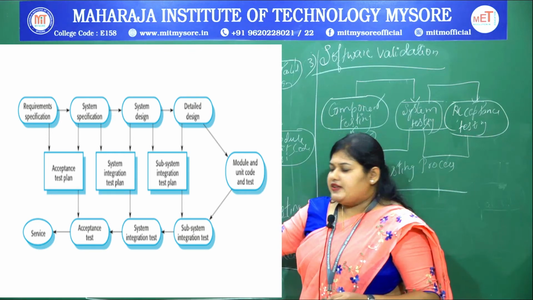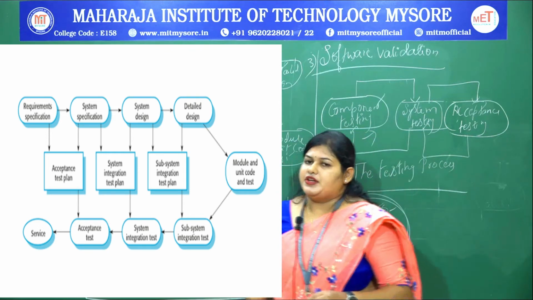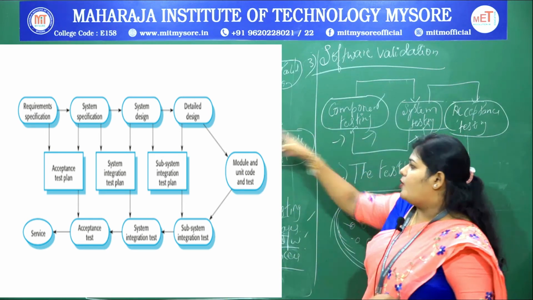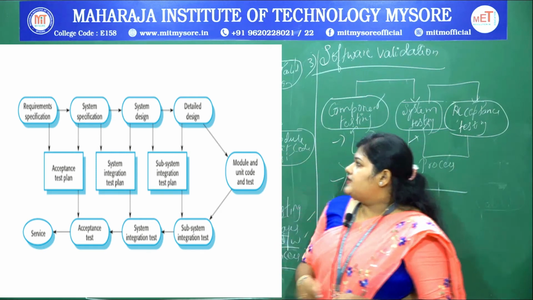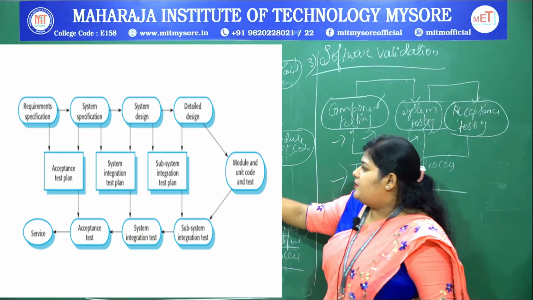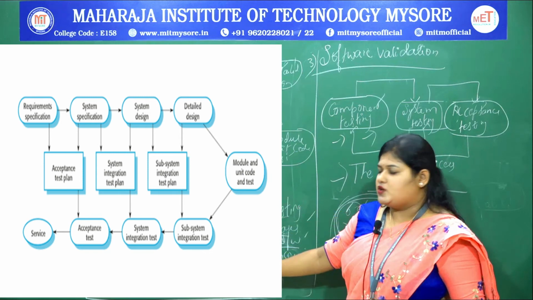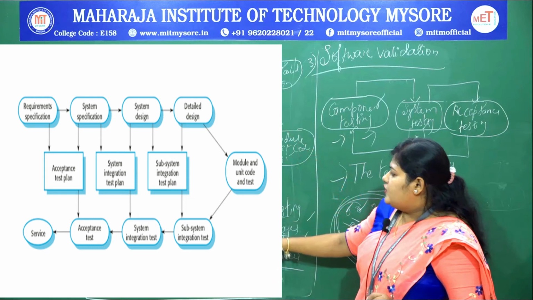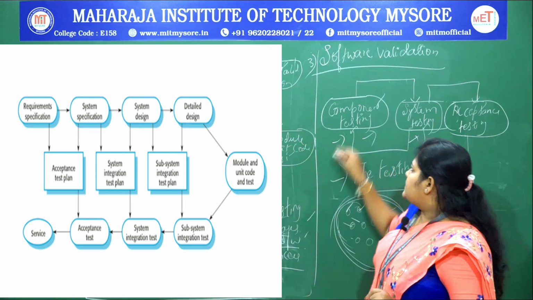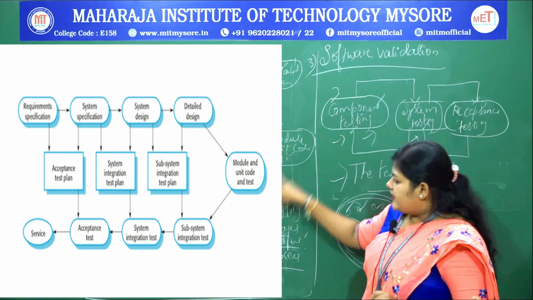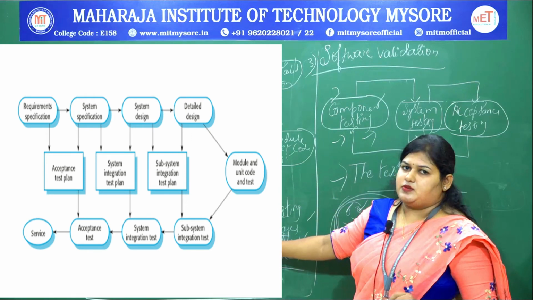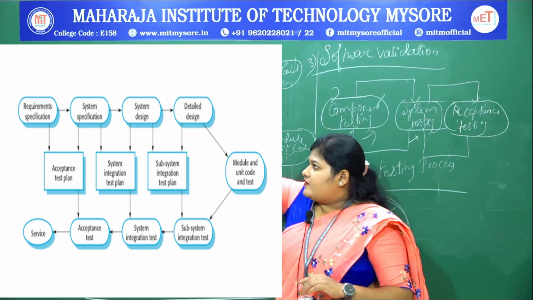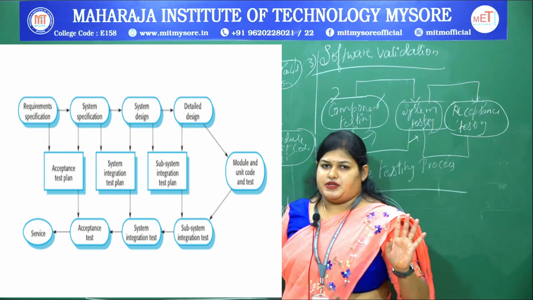Again, finally, that will be the phase of your system integration test, that is nothing but system testing. This is the phase of component testing. System design will be dealing with the subsystem integration test plan, and finally it executes the subsystem integration test. In continuation to that, our unit code, that is your component testing, will be connected to the subsystem. So, in the very first stages, accordingly, finally the requirement should match the required acceptance, that is it.